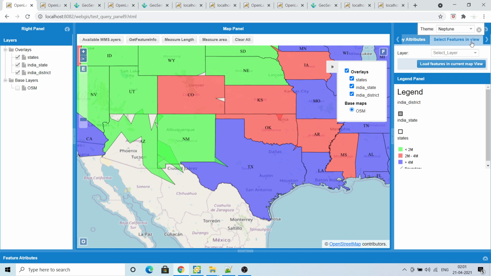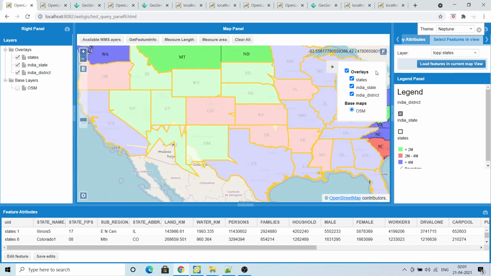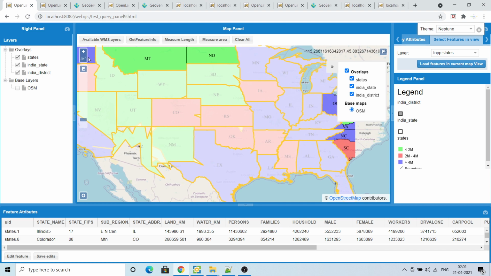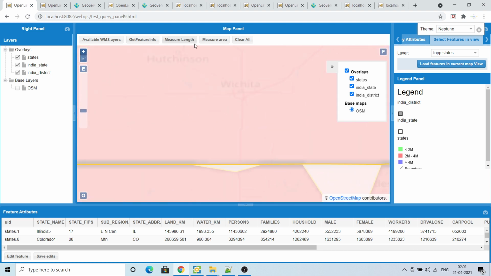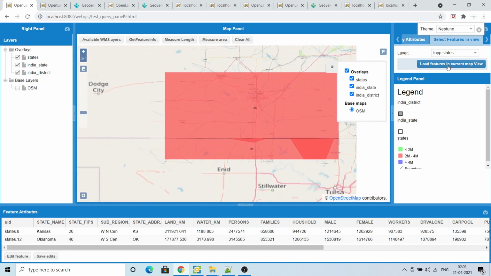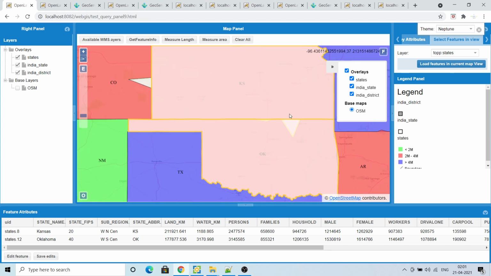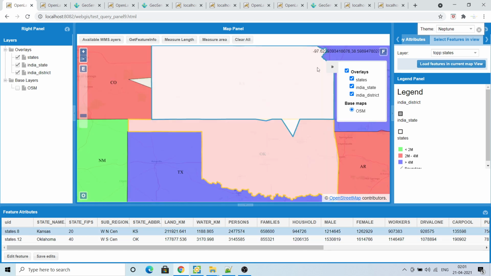And also, select the feature, it will highlight the features which are in your bounding box, like we list here. So whatever feature in the bounding box, suppose I'll zoom it here, it will load only two features, I think. See, only two features, and we will select here.